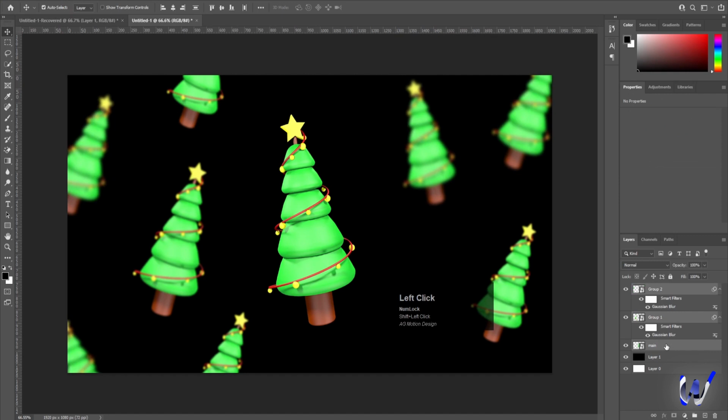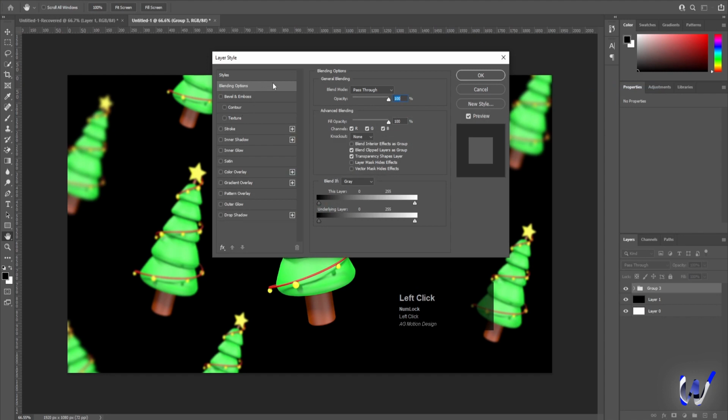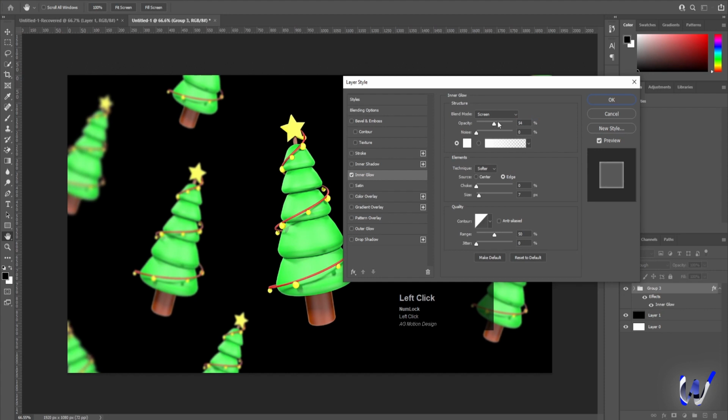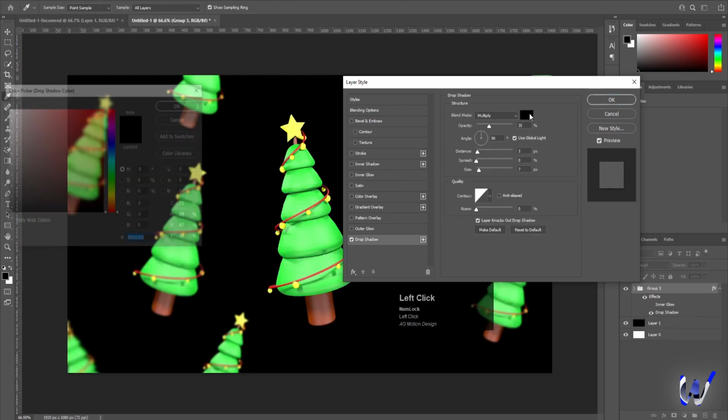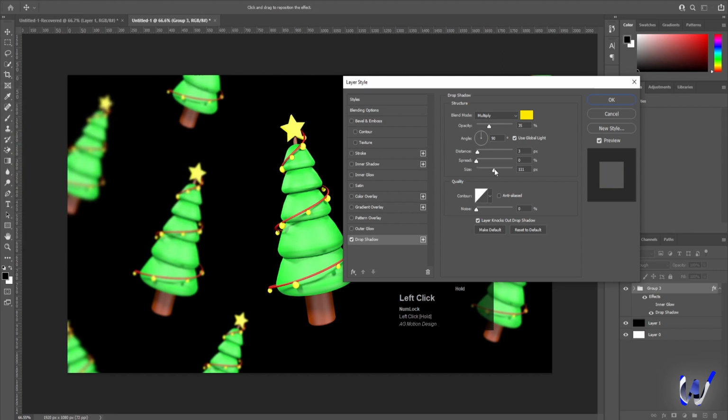So now select all of them and press Ctrl G, right click, go to the blending options and go to what we call inner glow. Let's say you can increase the glow, increase the noise, and you can increase the size of each one. With the help of that, you can play along with that, but instead of that, I'm gonna choose drop shadow and I'm gonna select, let's say, yellow color, hit OK, increase the size and also increase the distance, increase the opacity,